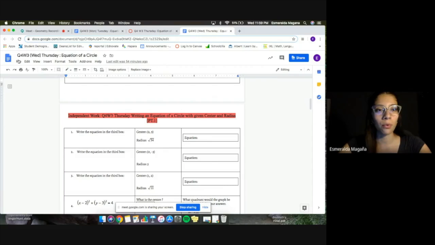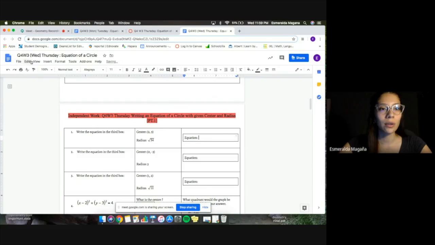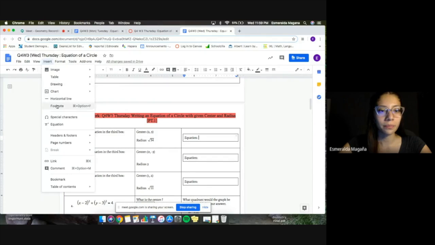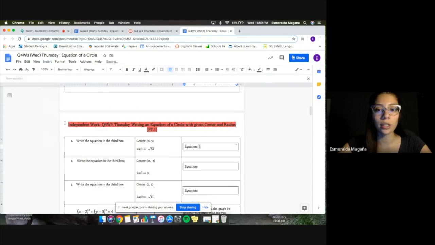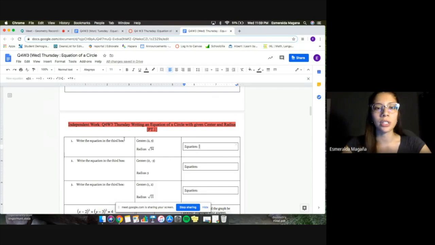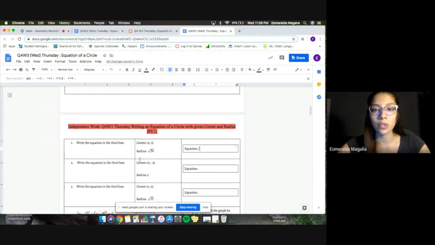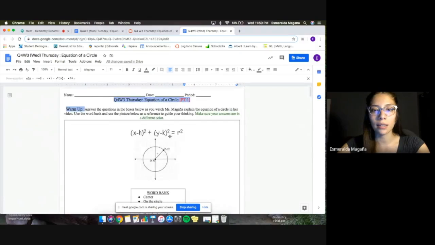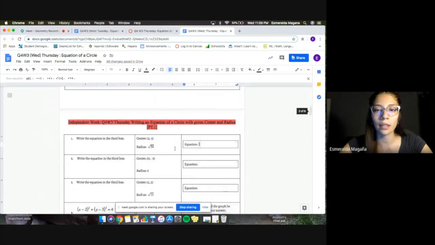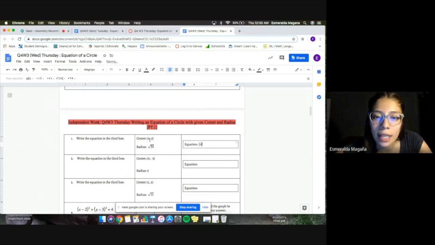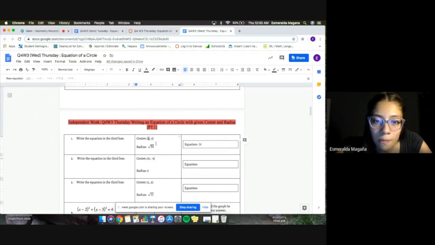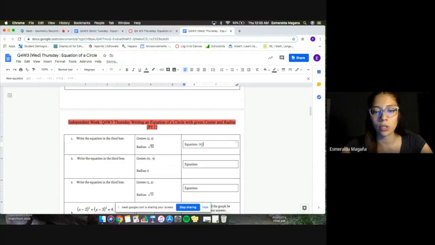So for example, if you ever want to enter an equation onto Google Docs, go ahead and go to Insert, then you put Equation, and it's going to make everything so much easier. So again, our equation of a circle must look like this one. So we know that we have x, and in this case, our x is 2. It's positive 2, so we're going to write the opposite sign. So it's minus 2,